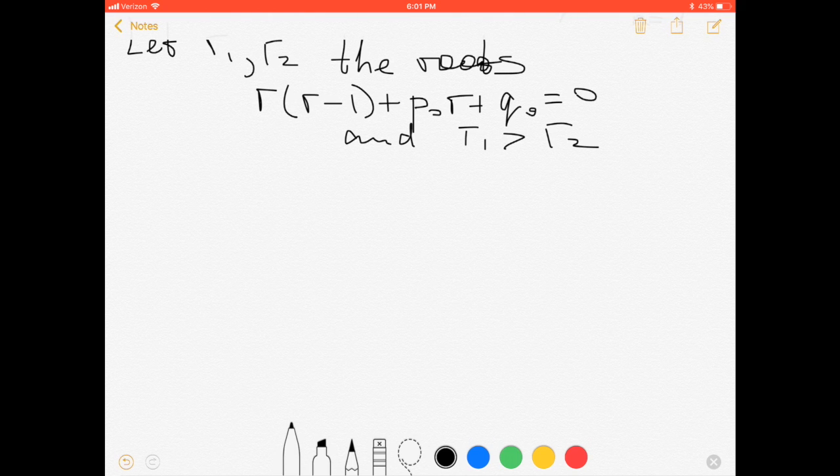If you have two numbers, usually we say r1 is greater than or equal to r2. Okay. Then